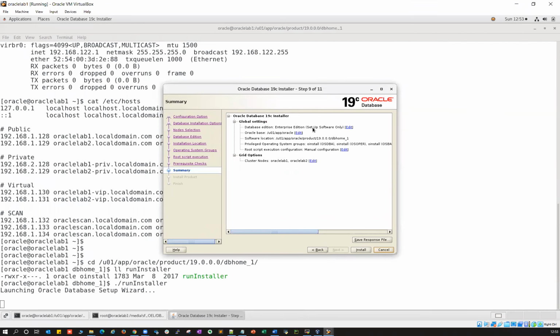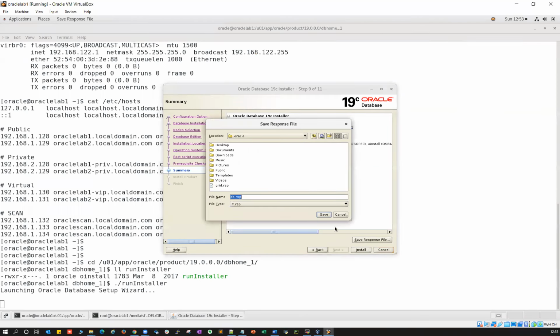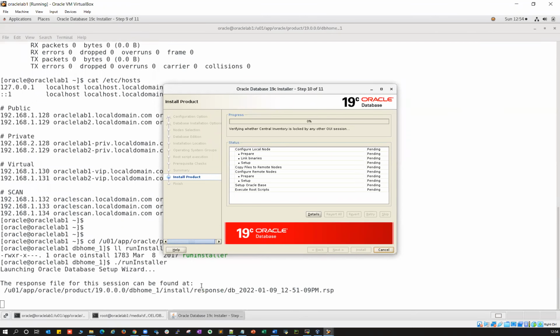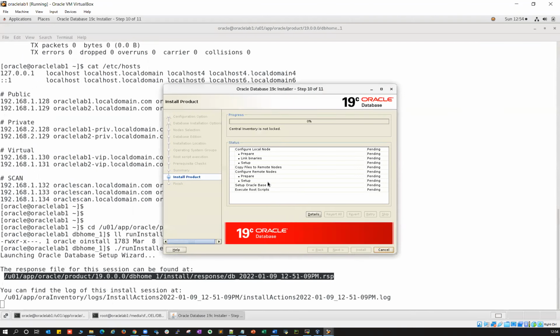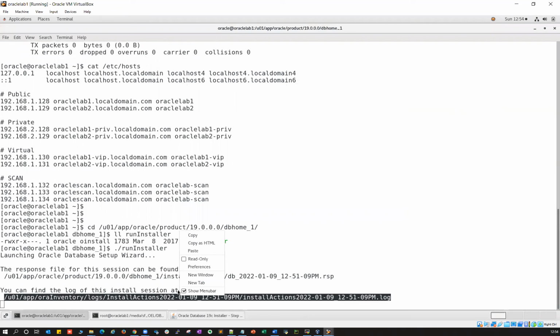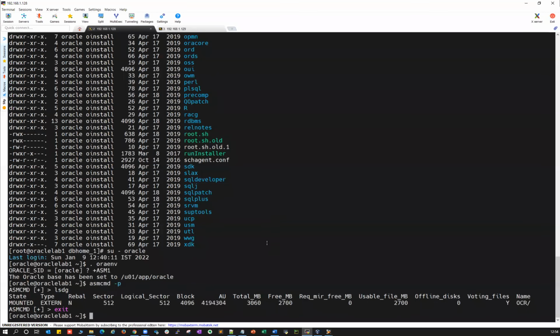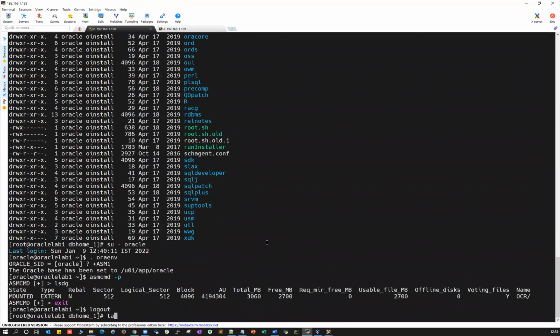I'm going to save this one. This is software only install. This is base and this is Oracle Home. These are the groups you selected, and then root execution is manual. And then these are the two nodes you selected. I'll save the response file, and then I'll install it. This is your response file, and then you will see all the log files here. I can copy this one and go back here, exit, exit, and then tail this log file.